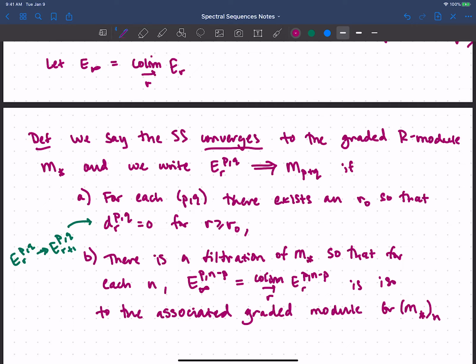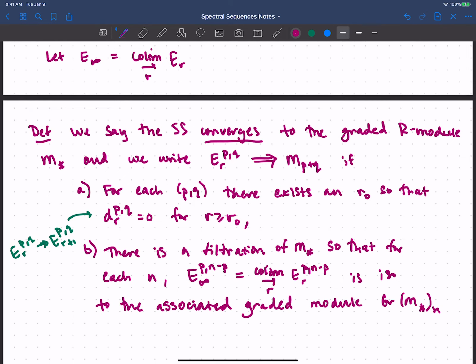Okay, so at this stage, I think this is a little opaque, and it'll make much more sense when we actually have some concrete examples and can talk about this filtration and the associated graded and how they relate. But essentially, that's how we mean that we don't really cook up this module M star at the end, because we're not going to get that module, but there's some filtration of it so that we're getting the associated graded for it. Okay, let me also say that,